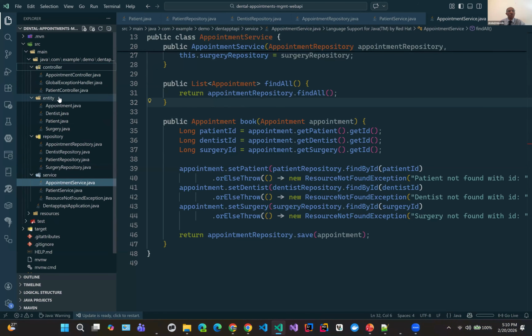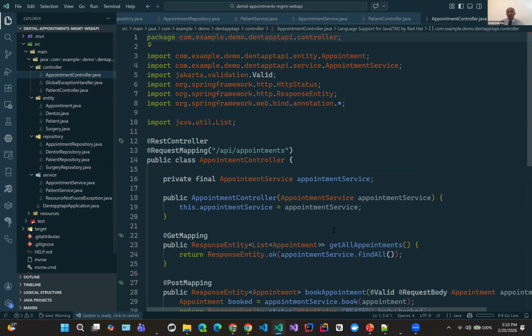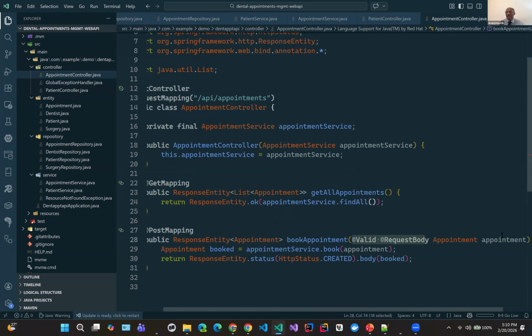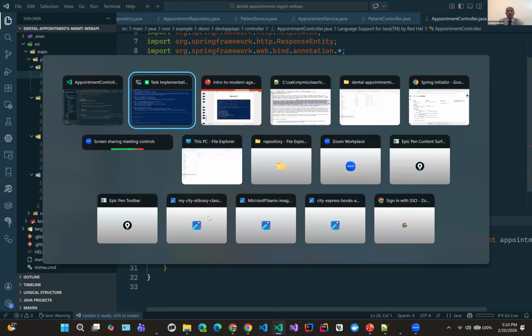Let me expand that. So beginning with the patient controller here, it has an endpoint for returning a list of patients. So /API/patients will do that. It's got an endpoint for booking a new appointment right here. Book an appointment. Make sure you validate. And it takes the appointment entity as the request. Okay, there's something that it hasn't done here that as human engineers, we will know that, no, we want to do this better, right? Or maybe, again, everything that it didn't do correctly, it's quite likely that you take that on board,